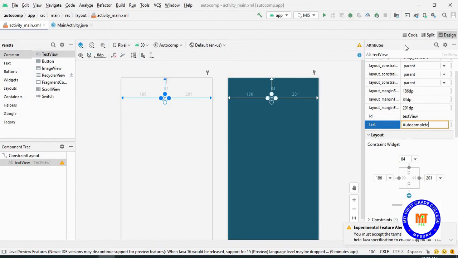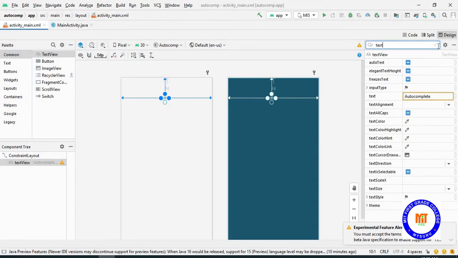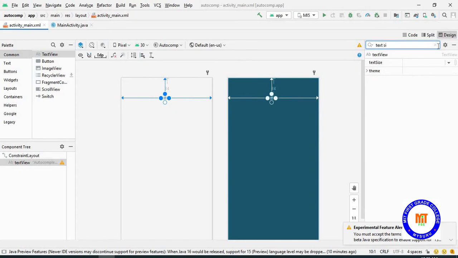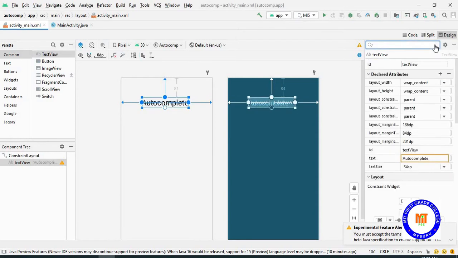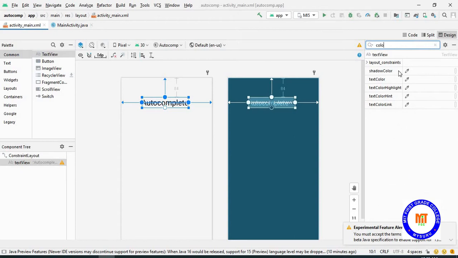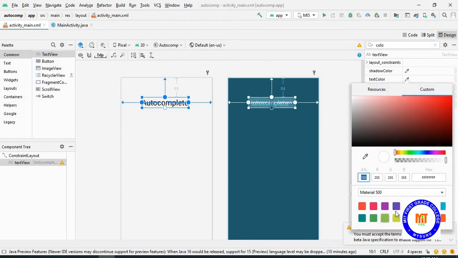I'll change the size of the text. Let it be 34 pixel. I'll change the color of it. Let the text color be blue.